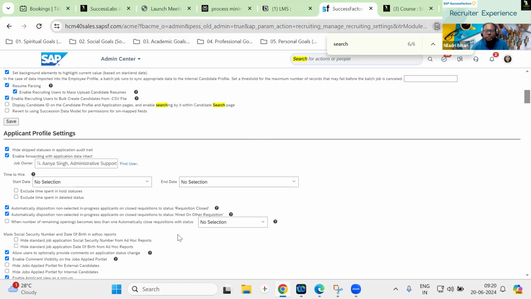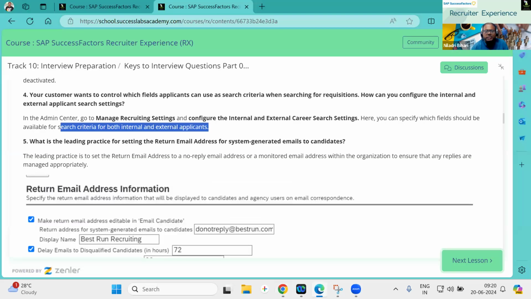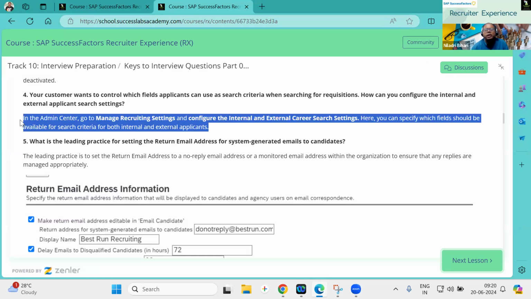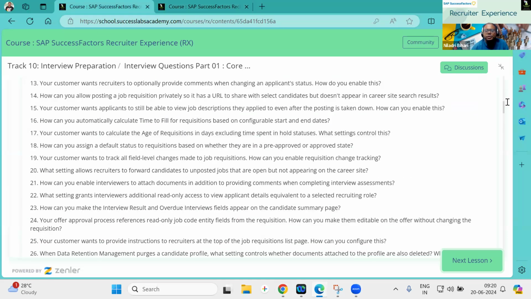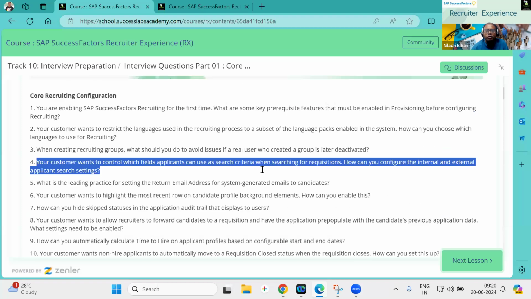Regarding this question, I will say that there are different settings for how the searching criteria can be filtered, but I want you to improve this answer. Maybe you have to take a snapshot for it and let me know. For every question, by the way, we have an assignment section. This is an assignment itself for all of you.